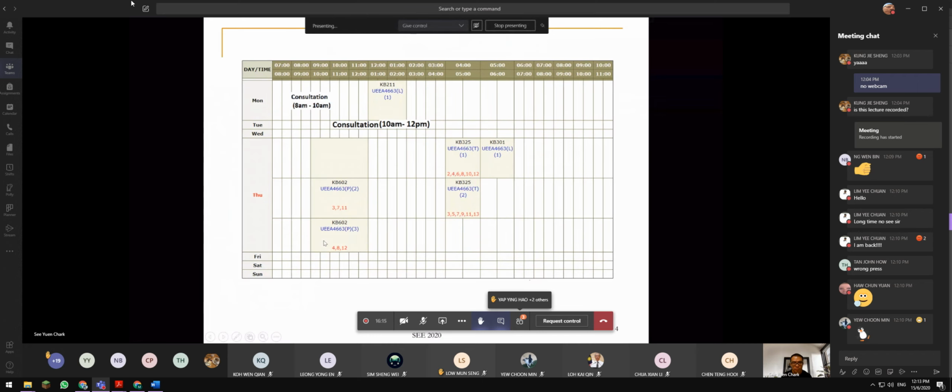Let's move on. Here is our timetable, and here is my consultation hour from 8 to 10. You can contact me anytime you like, except midnight. This is my lecture hour. I hope this is agreeable to what you have on your side, and that you also received the same timetable as me. Tuesday is my consultation hour as well, 10 to 12. Then Thursday we have a lab. So far we have a P2 group and a P3 group.